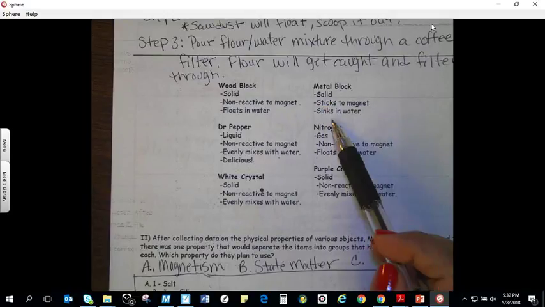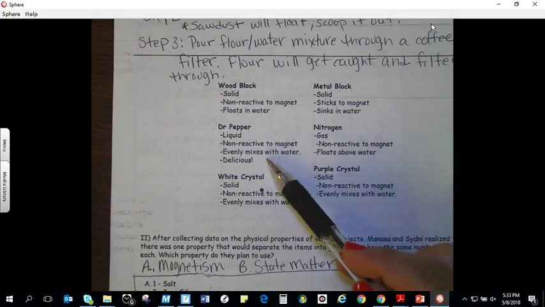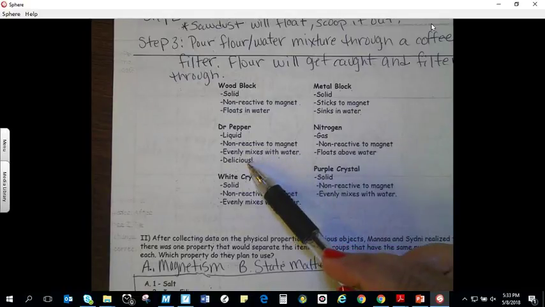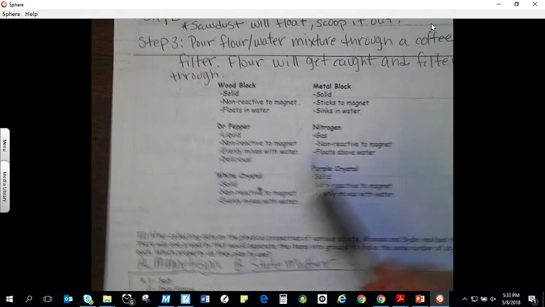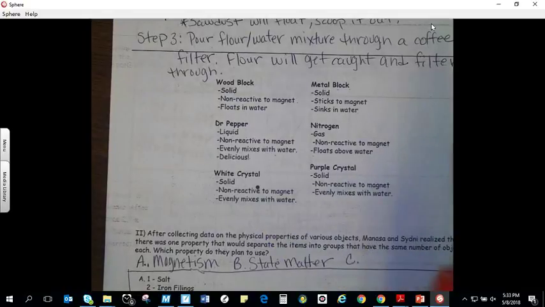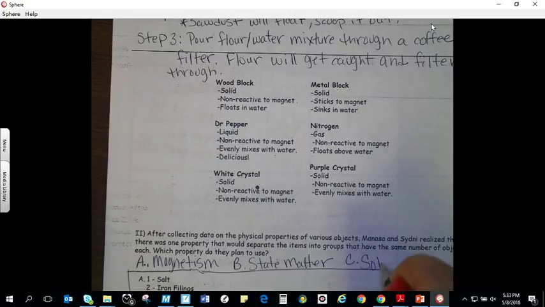Sticks to a magnet, sinks in water, liquid. We have to add heat. The gas can't easily separate that from the water, the solid and the solid. Okay, so look at this one as solubility,